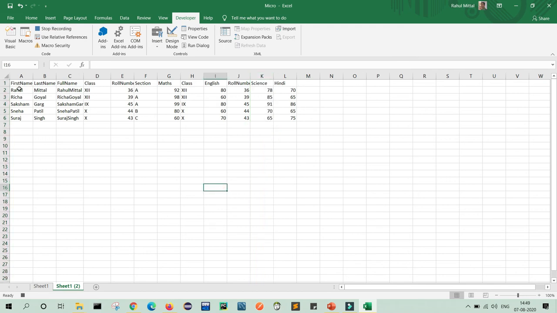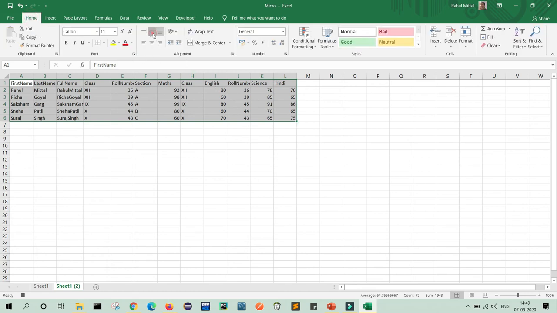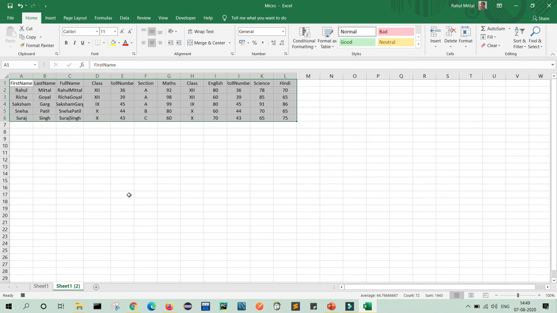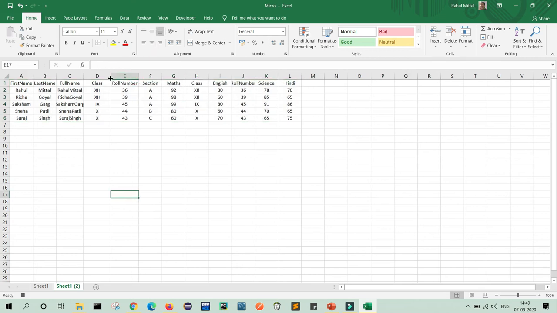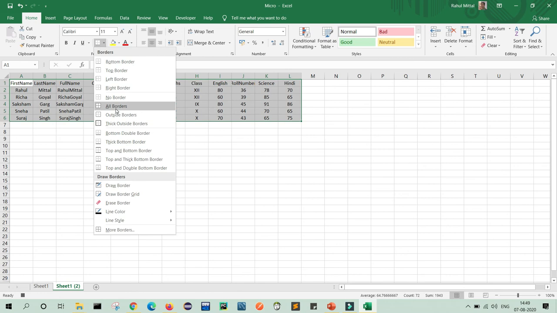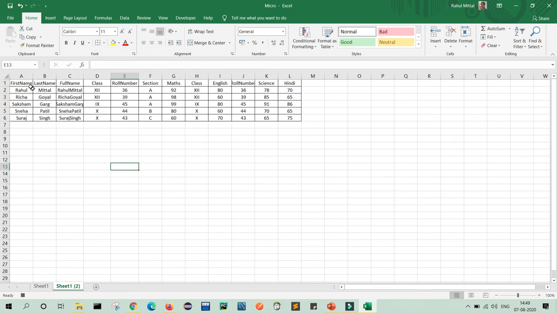Now you can see that my activity is done. I will make it center aligned to look better. I will make it adjustable, give the border, make it viewable.